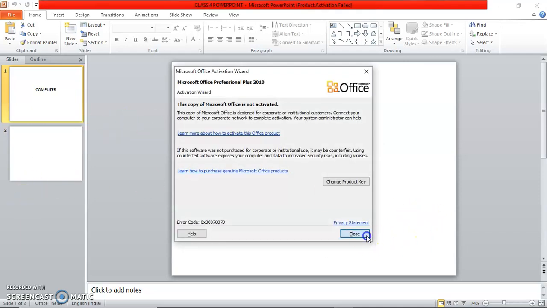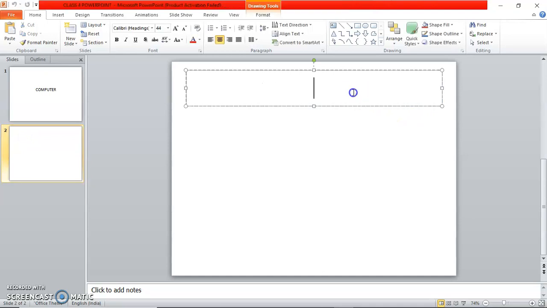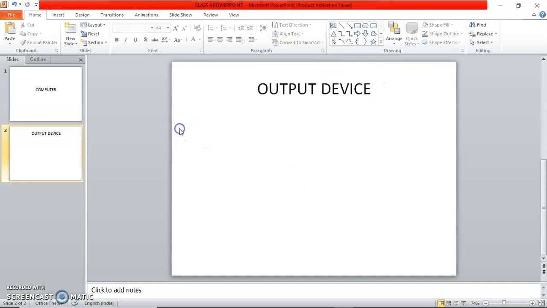Alright, you can edit or you can type. After adding text, if you want to close it, before that you need to save it by clicking on File, Save. Or you can press the shortcut key, that is Ctrl+S.